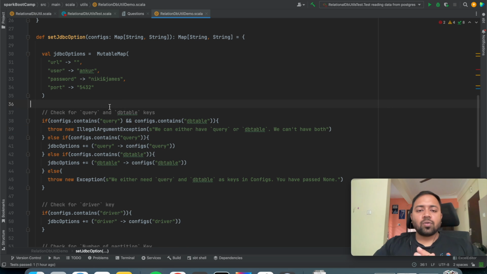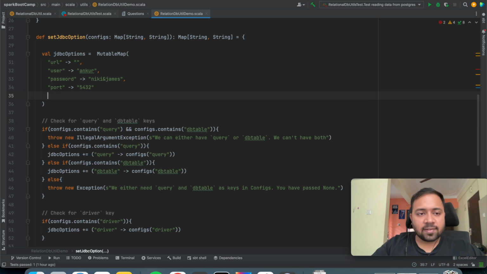Okay, so we can either pass query or we can pass DB table. When we are passing DB table, we pass something like this, DB table, and we just pass the name of our table. Let's suppose my name of the table is Spark Bootcamp. But we can also send some query. So instead of sending this DB table, we can pass query,